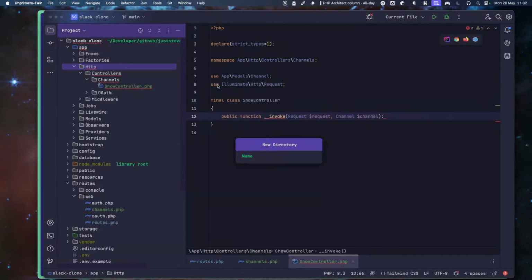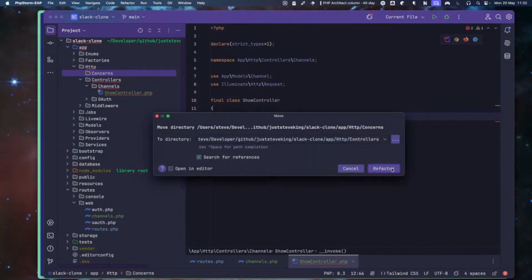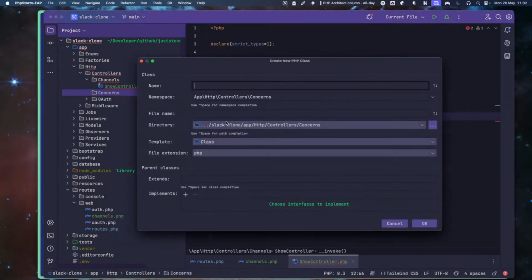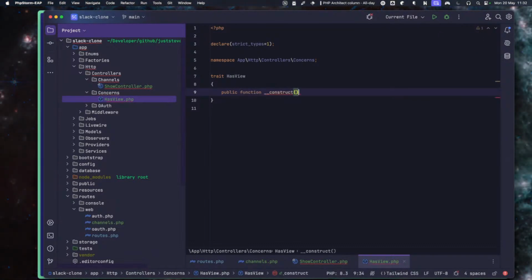Going to create a new Concerns for controllers, and this is going to have a new trait called HasView, public function __construct